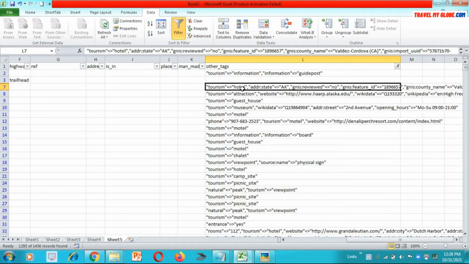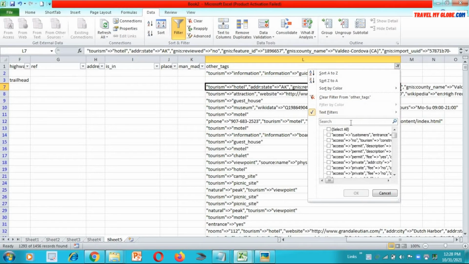Suppose we want to search that AK term. If you see where my plus cursor is right now, that AK term, if I want to search only those records and filter only that type of data, how can I do that? Let's try Text Filters. Suppose you want to clear all the filters that you have already applied, you can do it by clicking this clear option. By clicking this option, you can clear all the filters that you applied earlier.